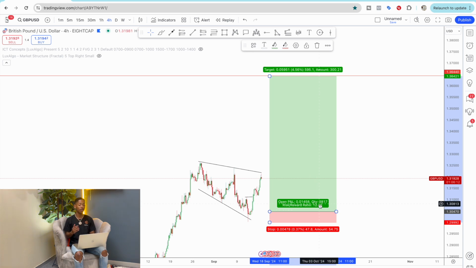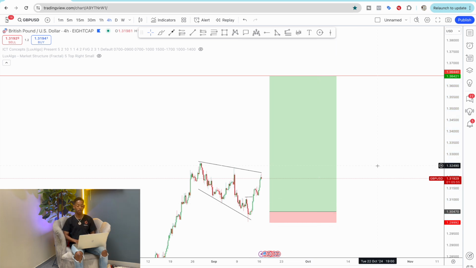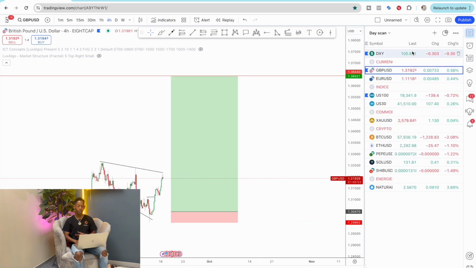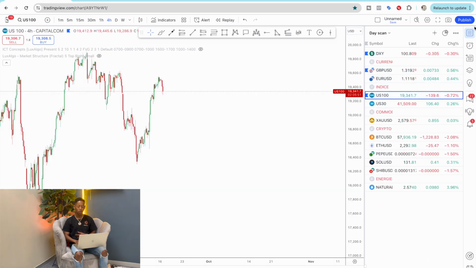But the most important thing is how you catch it. Your entry matters more, because with entry, that's where you'd be able to see where your stop loss is going to be. And your stop loss will help you calculate the lot size that you are going to use. And with that being said, that's when the risk to reward is going to be coming into place. So now let us take a look at US 100.